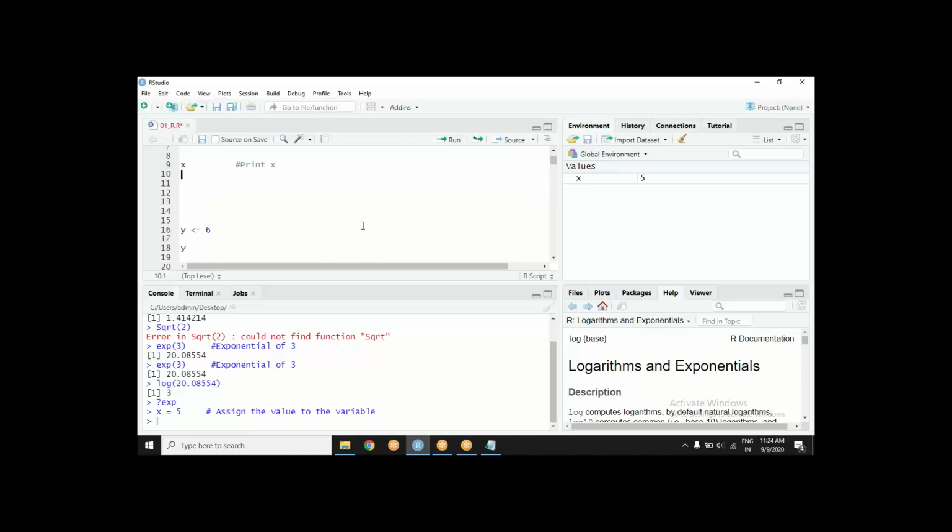Okay. Then there is something very exclusive to R. What is this doing? There is another assignment operator, and this is something unique about R. This assignment operator you will not see anywhere else. This is also an assignment operator. This is also assigning a value of 6. Intuition behind is the same. This arrow sign represents that value of 6 is going into a variable y.